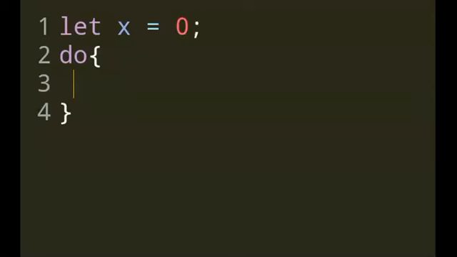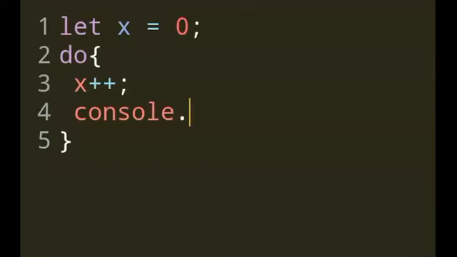In the case of while that we did last time, the condition is analyzed and then the execution takes place, but here it's executed once first and then the condition is analyzed. Then depending on whether it's true or false, the loop continues or breaks. So let's see here. Do, so we want to do x plus plus. What does that mean? Incrementing the value by 1. And then you do console log x.